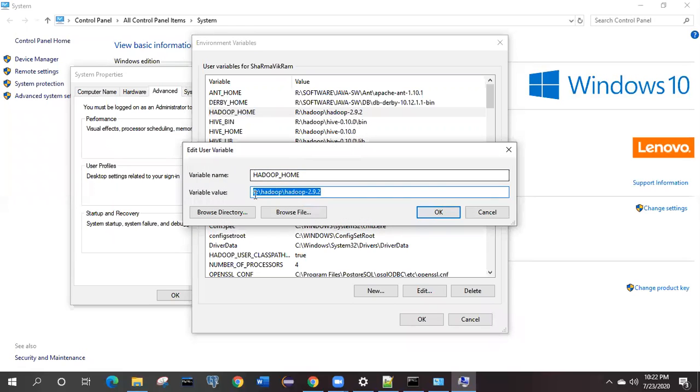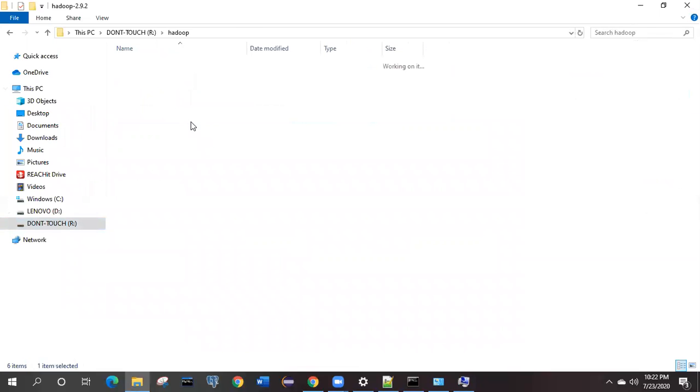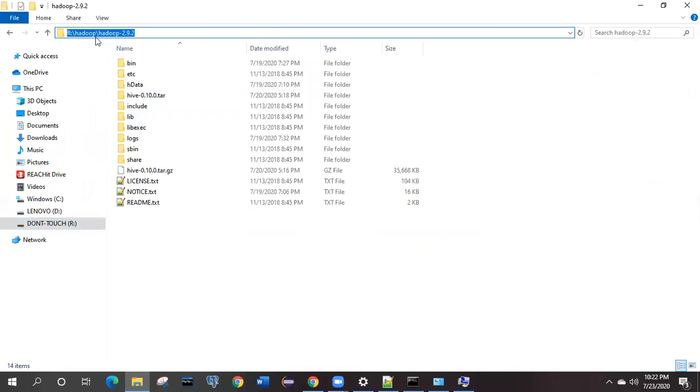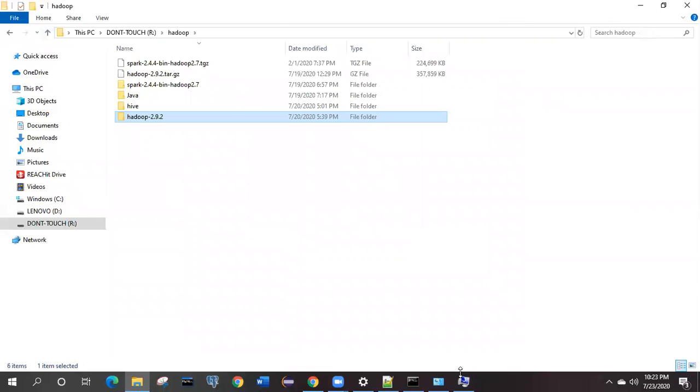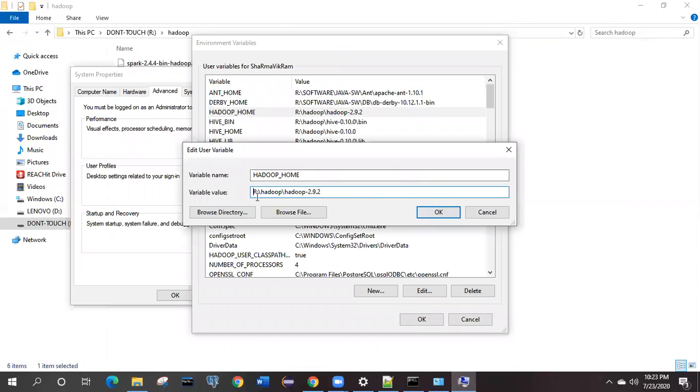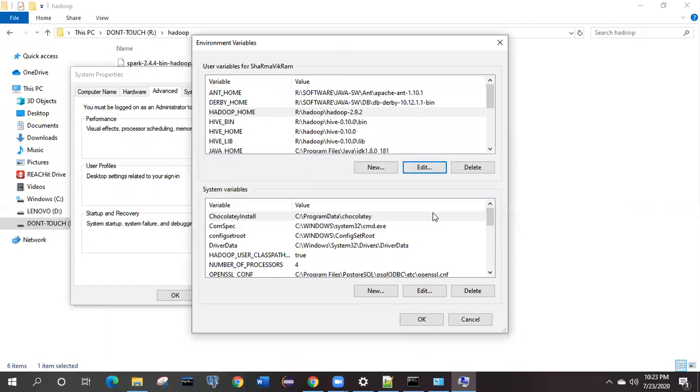As I mentioned, it is present in my R Hadoop folder inside that Hadoop 2.9.2. Let me cross verify, and you can see this path, R Hadoop 2.9.2. So it is present over here. So let me cancel this. Once you put these two values, you have to click on OK.